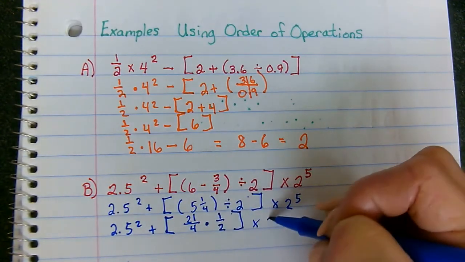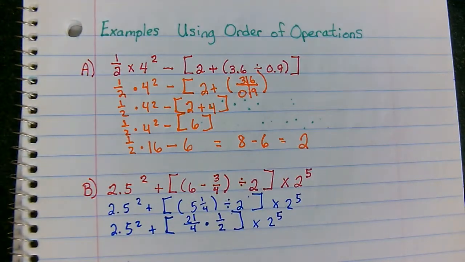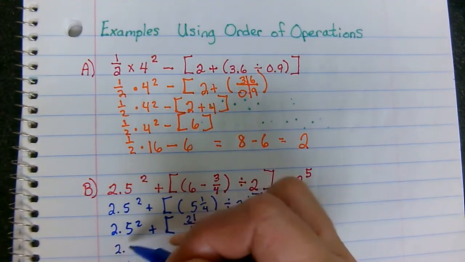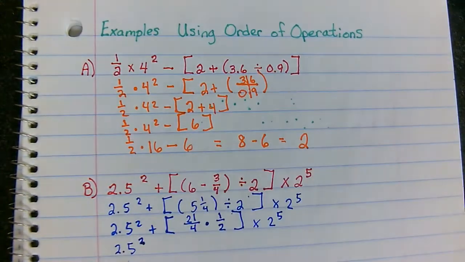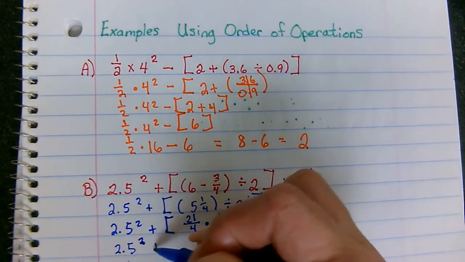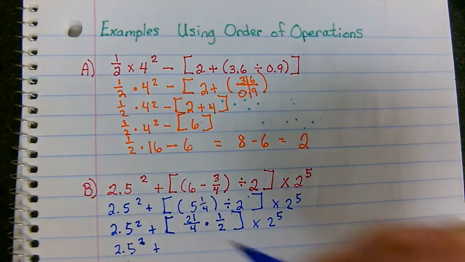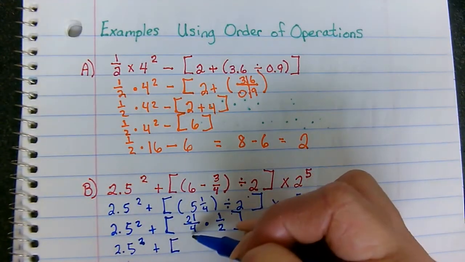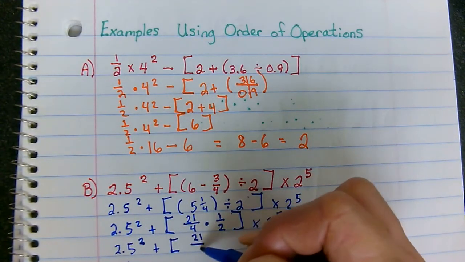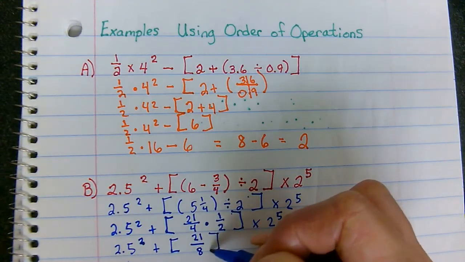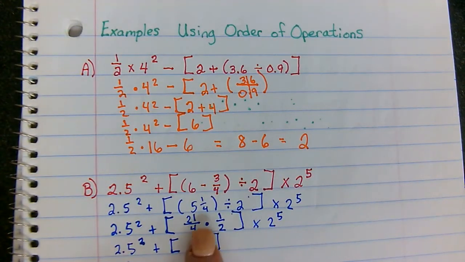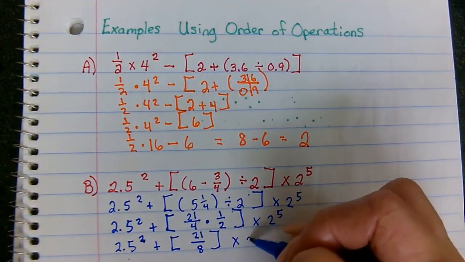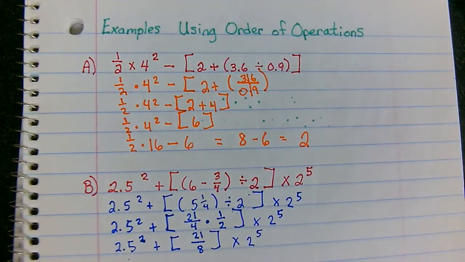And then times 2 to the 5th, okay? So this is the same as 2.5 squared, right? Plus, and then in this parentheses, this is the same as 21 over 8, 21 eighths, because I multiplied 21 times 1 and 4 times 2, and that's times 2 to the 5th. Now,